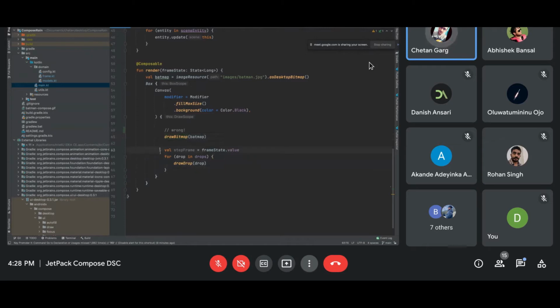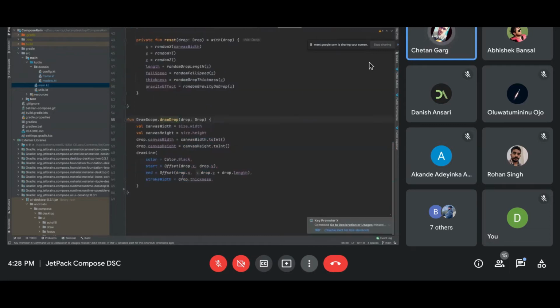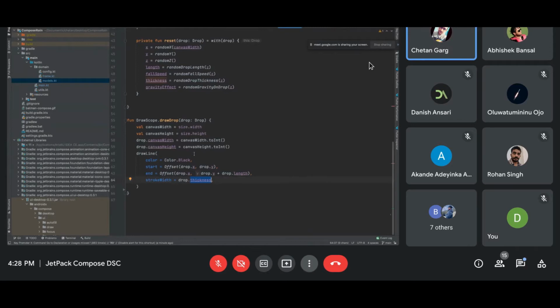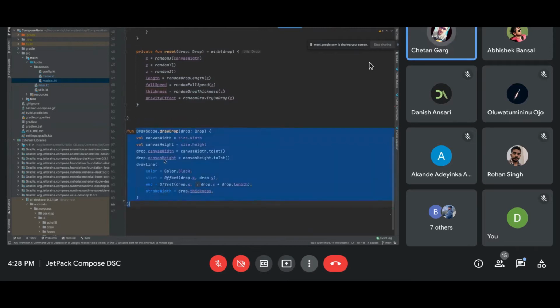This is the only code which I use to draw this raindrop. If you go and see what I'm doing, it's just a line with x and y. I just need to have a length, right? So a raindrop needs to have a length, so I'm adding that length to the y-axis. Like in the earlier example, I was doing a deduction of the previous and new pointer. I knew my raindrop length will be some specific value, so I just added it here. And this is for the thickness of the raindrop. So this is the only code for drawing the raindrop.